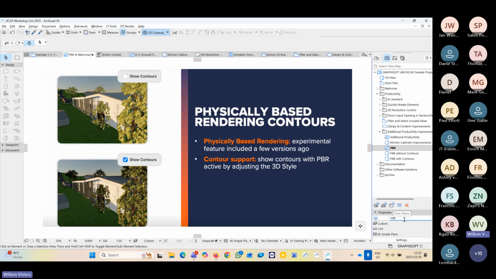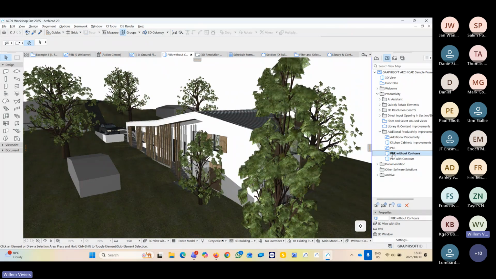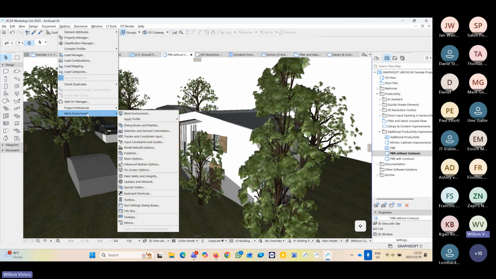Next, we're going to have a look at the physically based rendering contours in Archicad 29, which is an experimental feature included a few versions ago, and the contour support, which shows contours with physically based rendering active by adjusting your 3D style. How do we do that? Let's have a look. So here we've got a physically based rendering 3D view. Well, sorry, not yet. So if I go and activate that by going to Options, Work Environment,